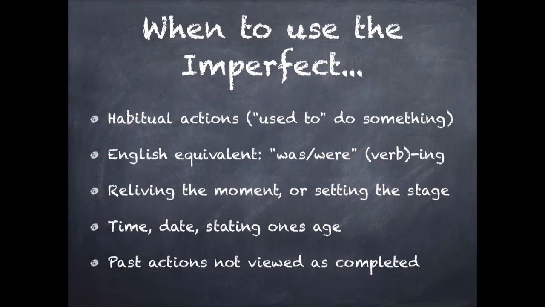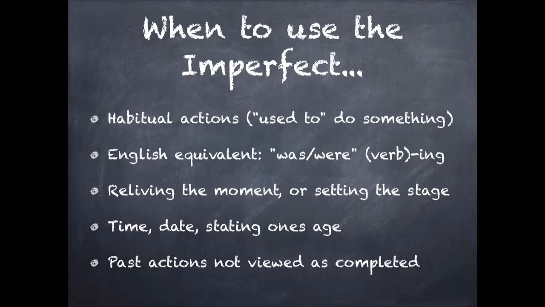So now that you know the forms, now we need to go into when you use the imperfect and the preterite. There's a little more to understand with the imperfect, so it's like a trade-off. The forms are really easy, but then you need to really understand when to use them. In order to know when to use the imperfect or the preterite, you really have to know your vocabulary, because that's going to dictate whether you're going to use the imperfect or the preterite. Also, it will dictate,